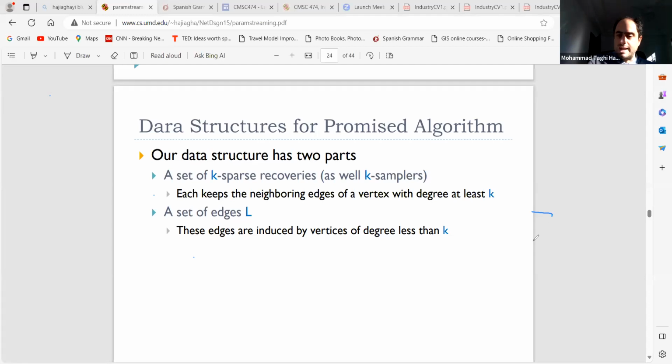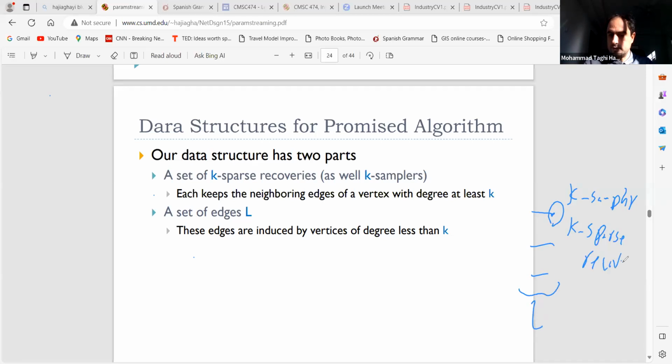Here we have this matching, and we will talk about the set L. Now for each of these vertices, instead of just keeping k vertices, I try to keep k-sparse recovery for them. But it is actually this combined structure: k-sampler and k-sparse recovery. When these neighbors are coming, it's natural to use this. It was not easy in the first algorithm, but this is the way you can do it. So for each neighbor, I keep the combined k-sampler and k-sparse recovery.